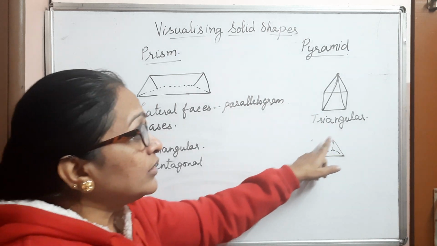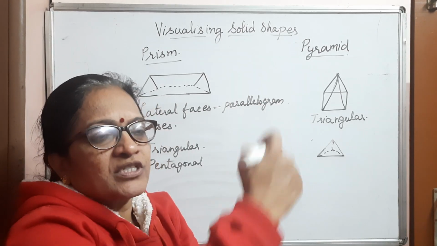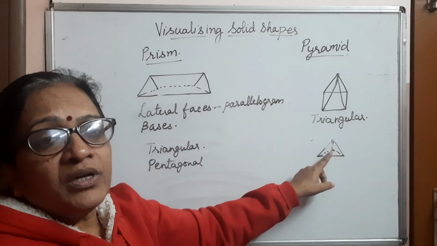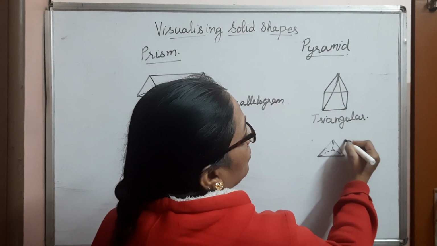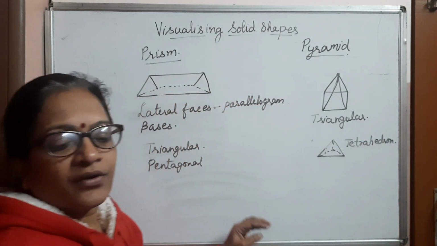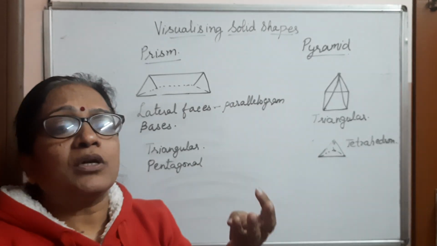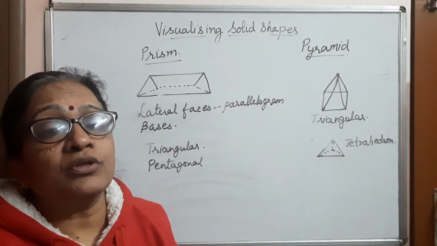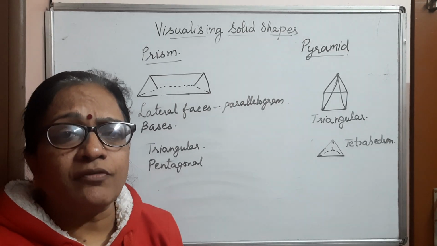And if all the 4 faces, the base which is triangular and the 3 lateral faces which are coming up, are all equilateral triangles, then this kind of pyramid is also known as a tetrahedron. So, in general, we have discussed a cube, a cuboid, a cylinder, a cone, a prism and a pyramid. And we also discussed polyhedrons, what polyhedrons are, and what convex and concave polyhedrons are.